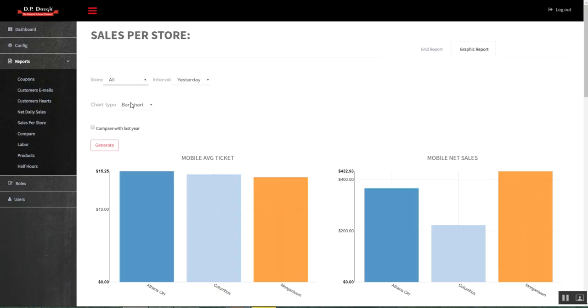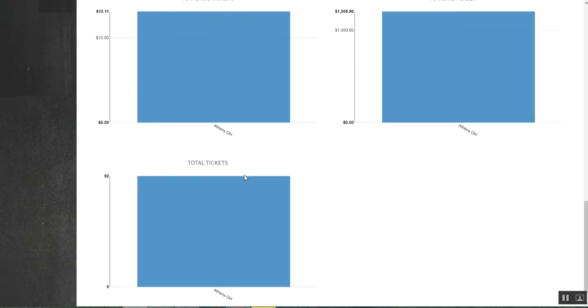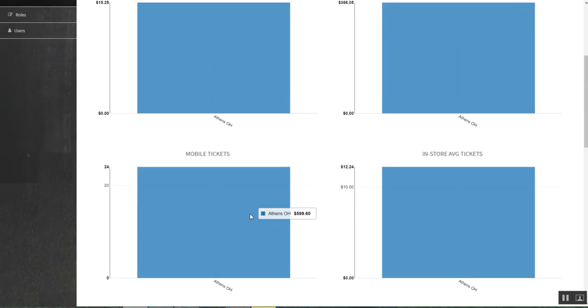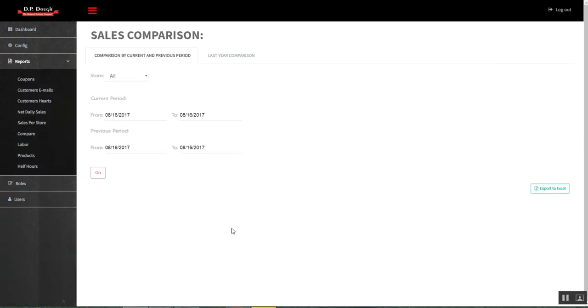Now, for the majority of you who will just be looking at one store, it's the same information, you just have one store to look at as far as this report is concerned. Alrighty, the next report is sales comparison. This is pretty much exactly what it sounds like, but what's cool is it allows you to compare specific periods. So you know how year over year